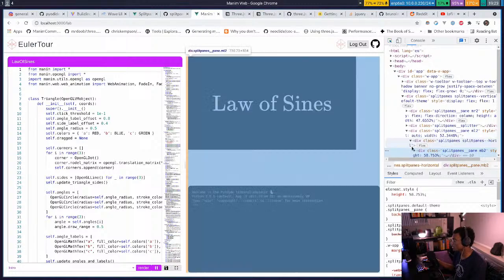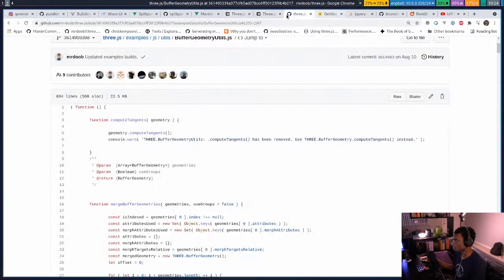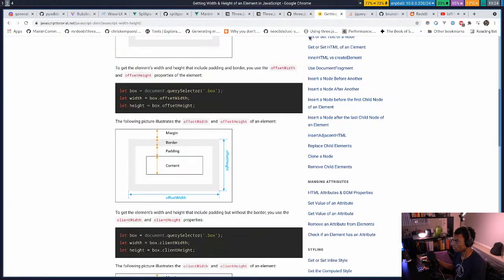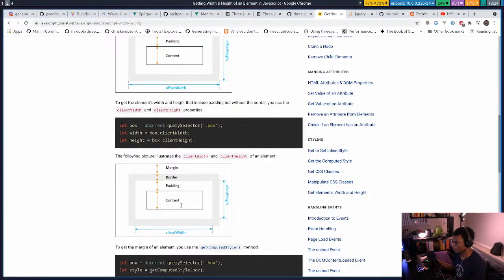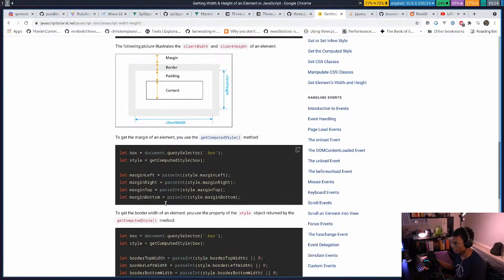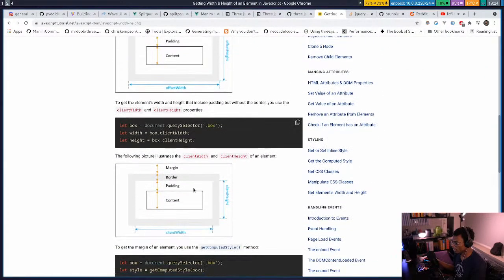This element has no margin, no border, no padding. Where is that page? So offset width will work. Client width also includes padding, but I don't think it matters. I'll do client width just in case. So